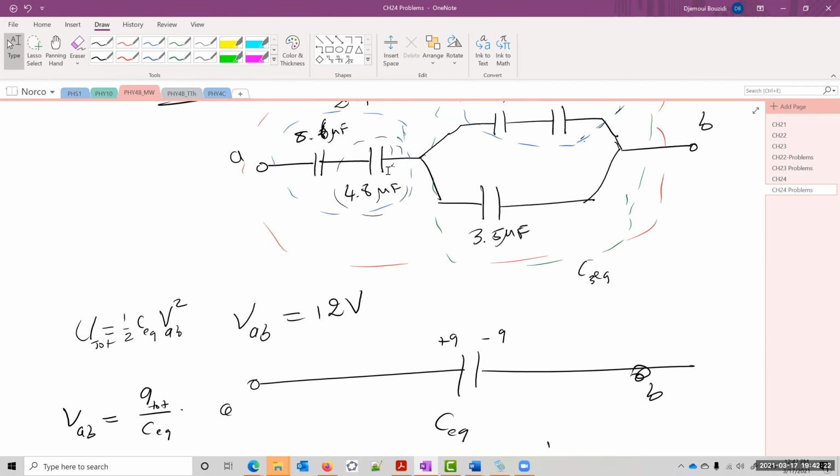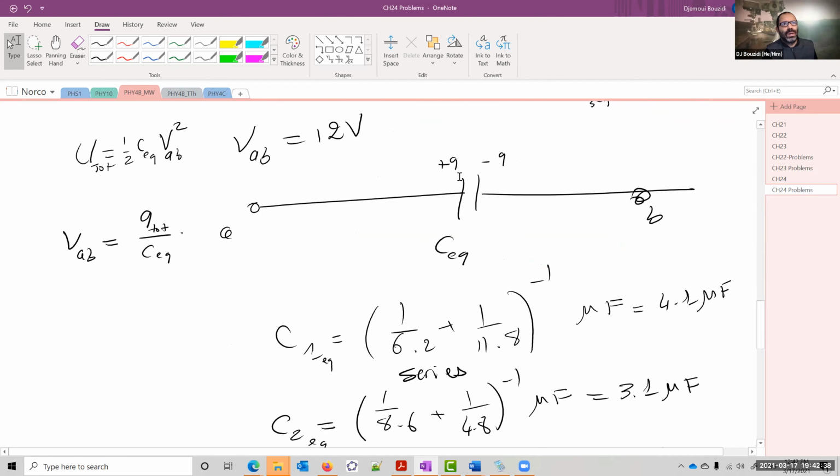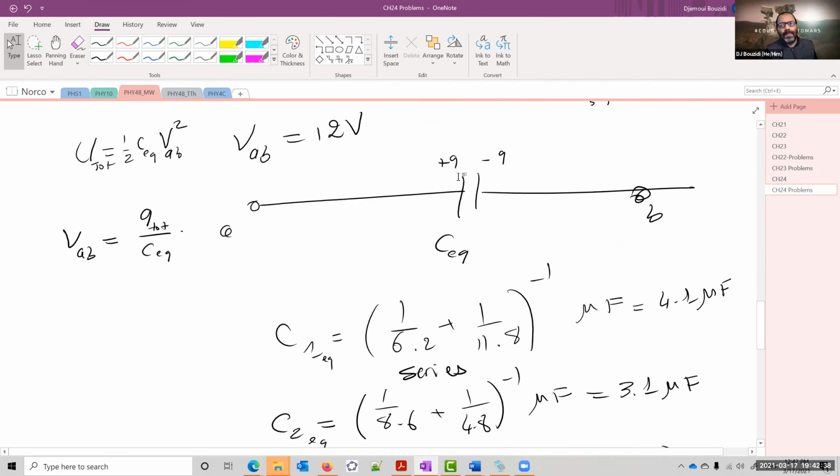So I know if I found it to be exactly equal to 158, I have a problem, because that means I have no energy stored in the other capacitors. Why? We need to ask why, okay? Why no charge reached the other capacitors? That's one question. If I found it more, I know for sure I made a mistake. So I need to go back and find where I made a mistake somewhere, okay? That is exactly how I want you guys to be thinking, okay? You want to really have that upfront attitude to the problem.